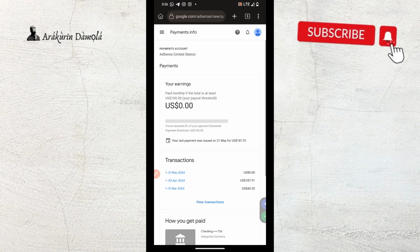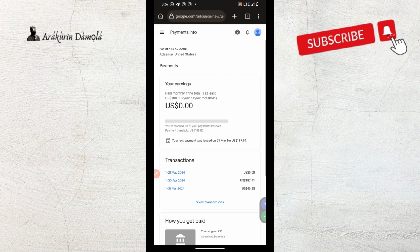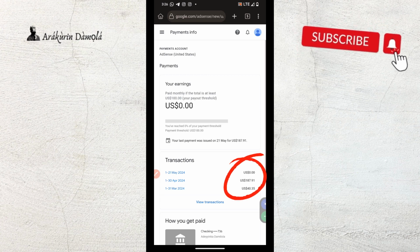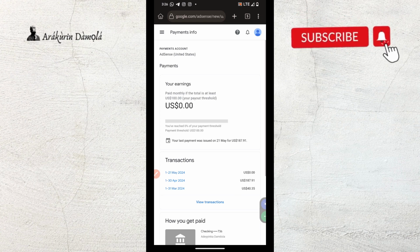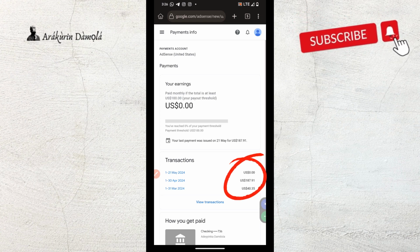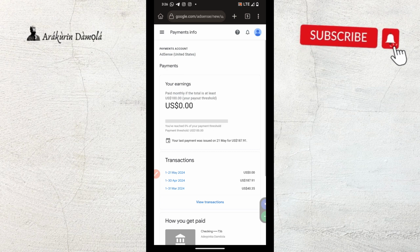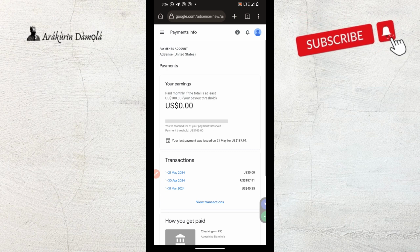Okay, yeah, I think I already got over the ads limit. However, I wasn't using this particular account as I should, so I didn't earn as much as I should. I earned just $40. All right, and by April I earned $187. Of course, it was like late April that the amount began to reflect, that I began to work on this account. And of course, by May 21,